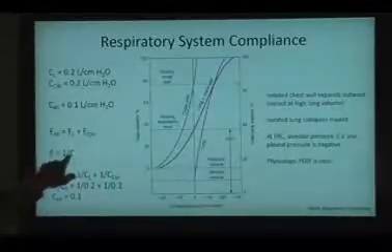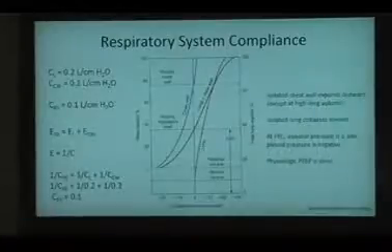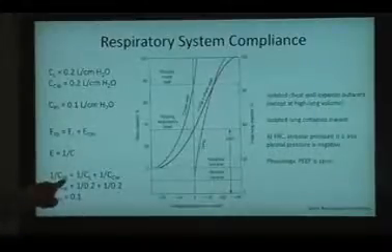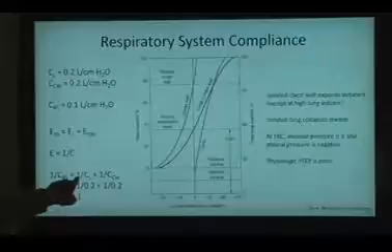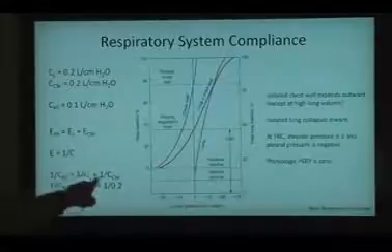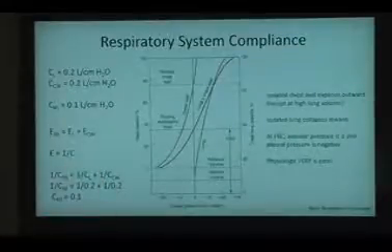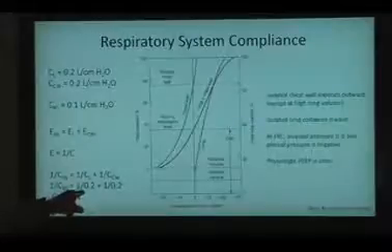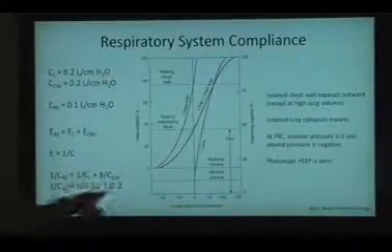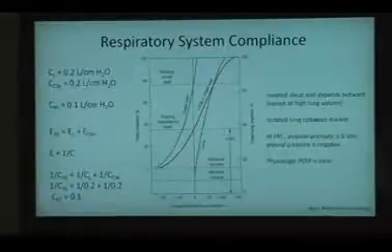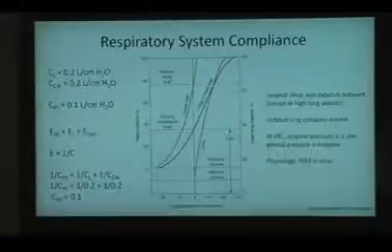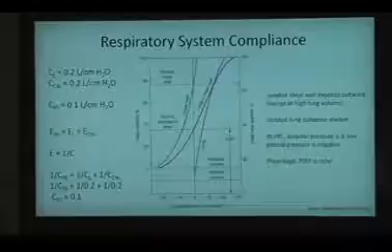The elastance is the inverse of compliance. So 1 over the compliance of the respiratory system is equal to 1 over the compliance of the lungs plus 1 over the compliance of the chest wall. And you can plug in the numbers yourself. 1 over 0.2 plus 1 over 0.2 is 0.1. So the compliance of the respiratory system, the lungs and the chest wall together, is half of the compliance of